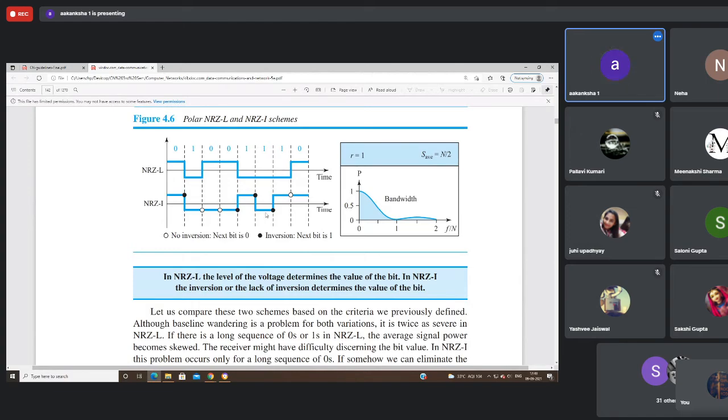You are interpreting it as 1. So whenever you have synchronization problems, you can resolve them in NRZI a little bit when we have alternating zeros and ones. That is automatically resolved in the signaling scheme itself, or if we have continuous streams of 1s, then it is also resolved to some extent. But when we have continuous streams of zeros in the signal, then there will be synchronization problems, and you don't have any inbuilt method to remove this synchronization problem using NRZI also.